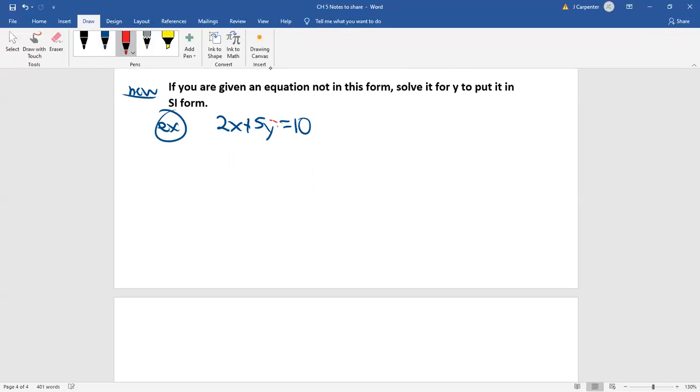I like to put a little dotted circle around the thing I want to solve for. Now this 2x, you're just pretending like it's a constant. You're going to move it over like it was just a 2. But it's not a 2. I don't want to put it under the 10 because those aren't like terms. I want to kind of stuff it to the side so that these 2 x's cancel and you get 5y equals, and then that's 10 minus 2x.